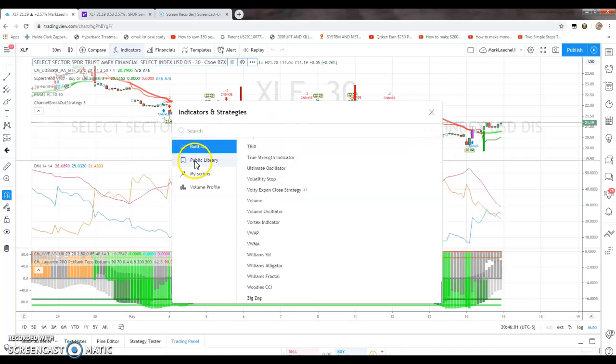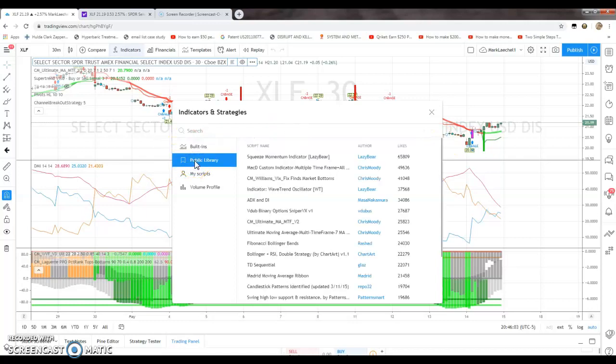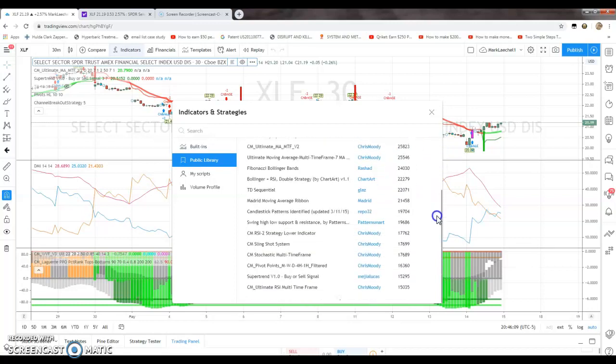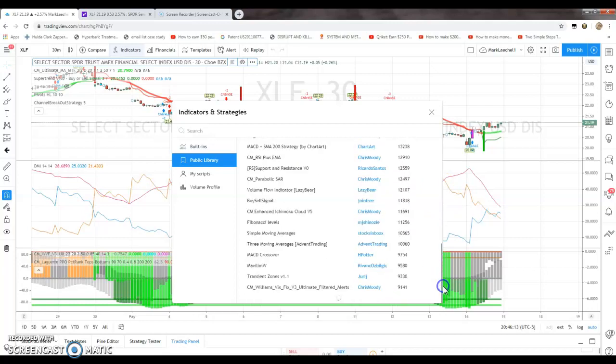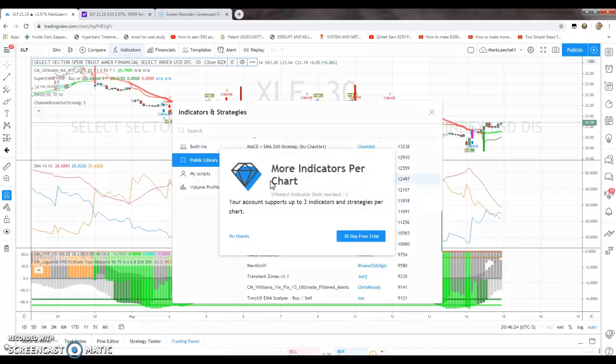I believe they're all in here, public library, and it's going to take you a while to find these because this list keeps going and regenerating, and you see that there's more and more. So you're going to have to go in, and you're just going to have to find them. I'm sorry, there's no way around it. I really don't know where they are on the list, but once you find it, you click it like that,